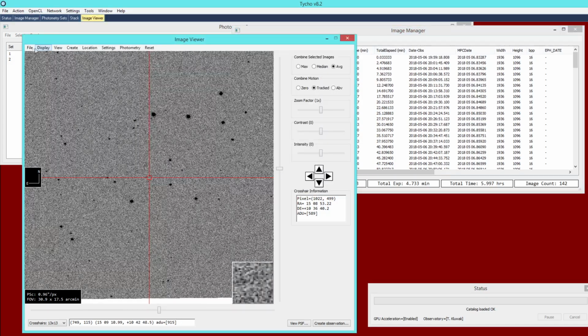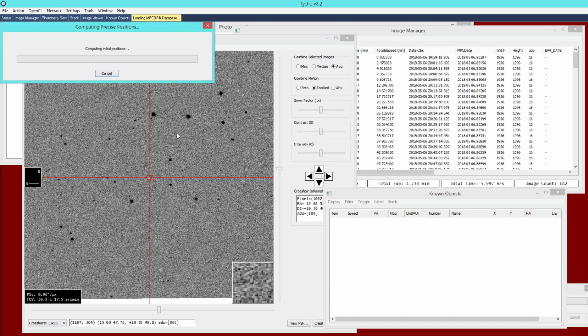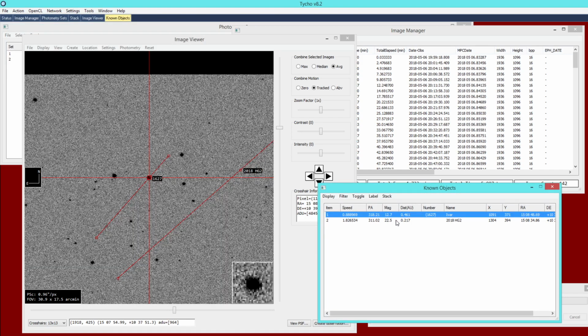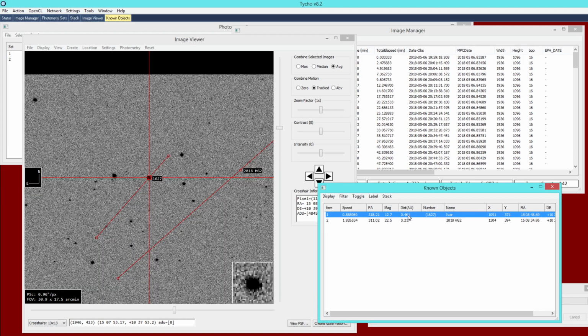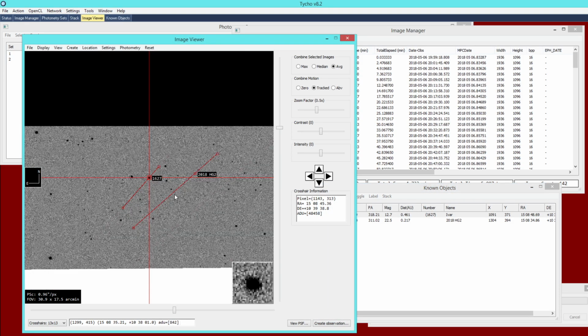Another way to do it is go to File, Load Known Objects from the image viewer. So you have now the known object window open, and it's showing 2 known objects in the field of view. So the first one is 1627 Ivar, that's the object we want. The other one is 2018 HG2, and so that's not what we want. So click on the object of interest, and it's showing it here in the crosshairs. So then what you can do